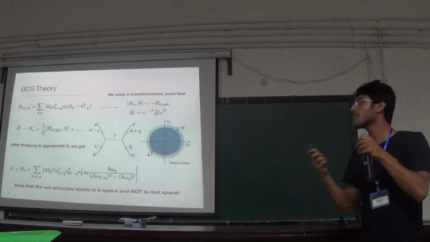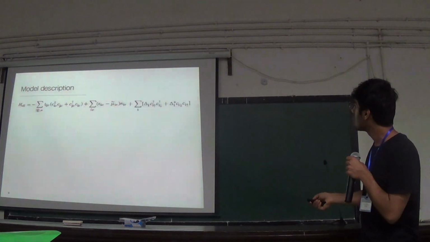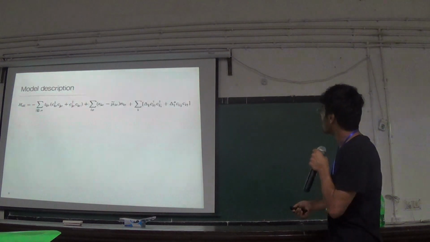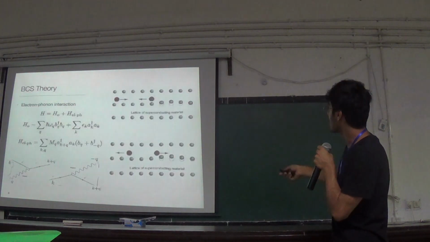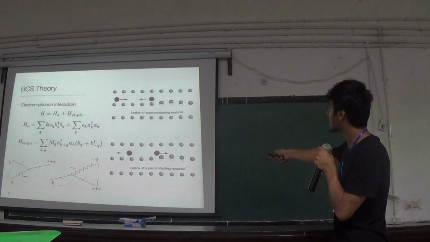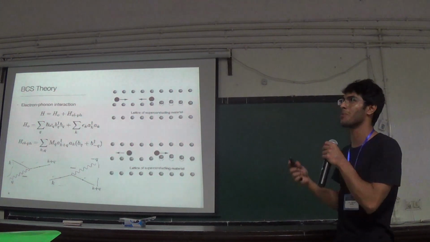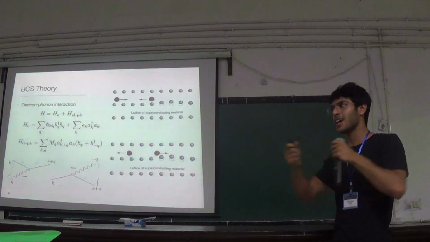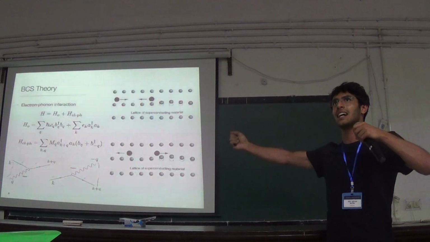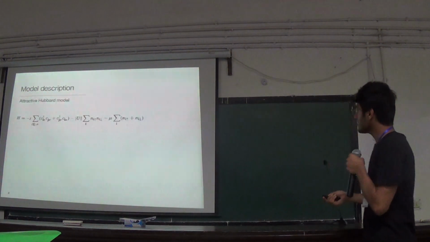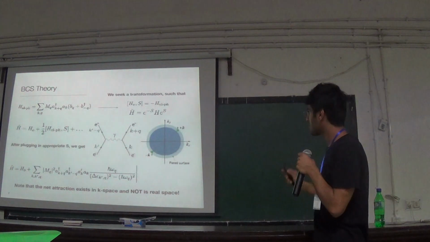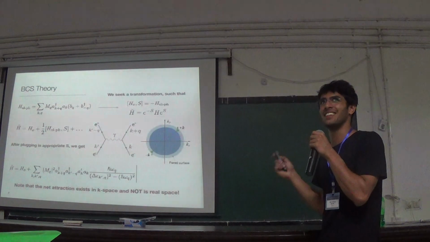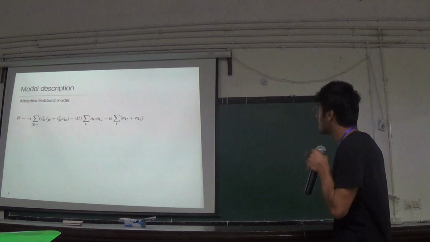People say that this picture over here that I showed you earlier somehow suggests that electrons are coupled and they attract each other in real space. But that's not really true. I mean, electrons do attract each other, but it's in K space, not in real space. So they can be really far away, but they are coupled. That's the entanglement that's happening. Okay. These are just the fundamental things that you find, there are a lot of lectures over the internet.